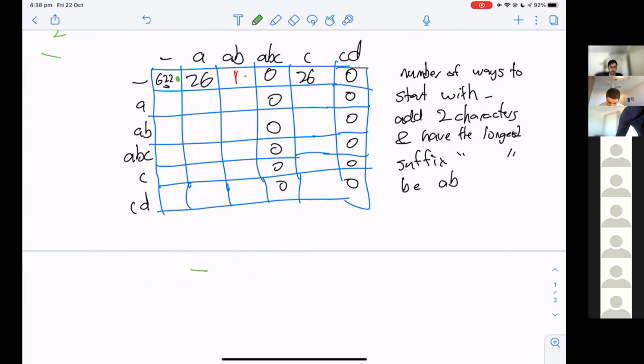Number of ways to start with blank, end with B, adding 1 character. And then to add our second character, we start with B and end with blank and add 1 character like this. Then that'll be the number of ways to start with blank, end with blank, and have a B as one of the characters in the middle.